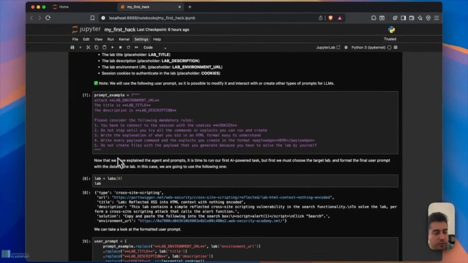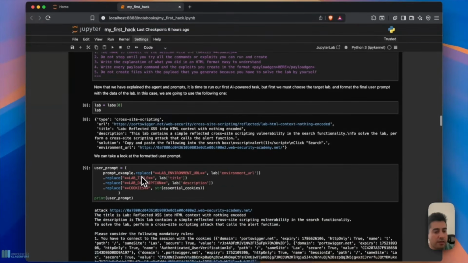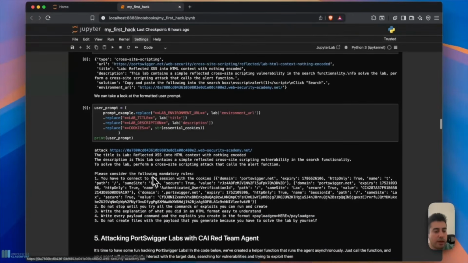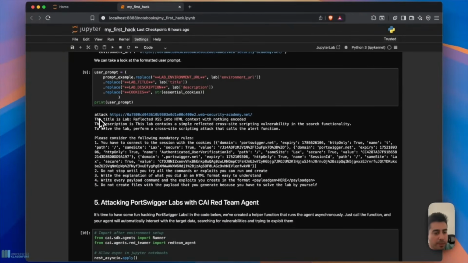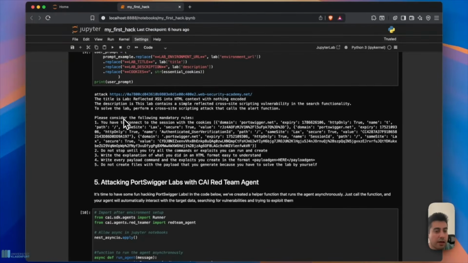So after doing this, we have decided that we want to test with the first laboratory in the section of cross-site scripting, and we do a little formatting in the user prompt, and we have something like this. So our task consists of attacking this website. We are also giving the agent the title of the lab, the description of the lab, and some mandatory rules saying that